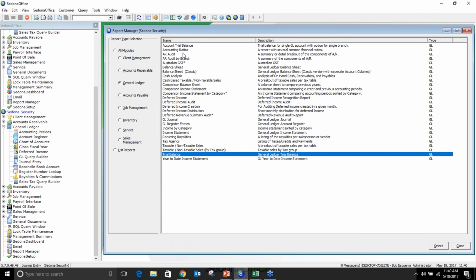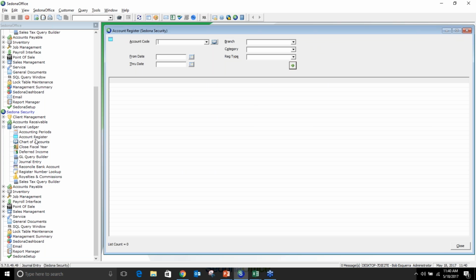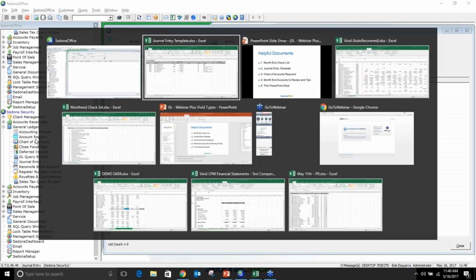Now, what I want to talk to you about now is the analysis that would happen when you're going through to close your books and how that's currently done through Sedona. So right now, there is, of course, the account register analysis that you will be doing. But what normally happens, and what I did for the longest time, I'm going to go into